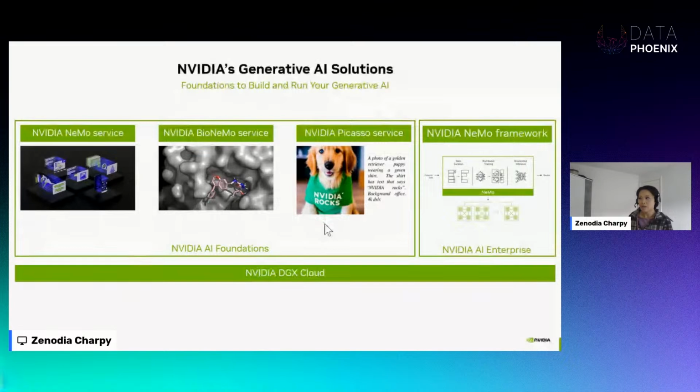Okay. Now, if these foundation models with some parameter-efficient capability to customize are not enough, and you come to the conclusion that, you know what, I'm going to train my own foundation model for my own business, then we will be talking about how the open source NVIDIA NeMo framework can help you. But first, due to the interest of time, I'm only going to touch on the NeMo service first, and then we're going to talk about the NeMo framework.